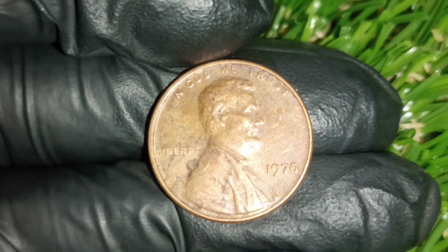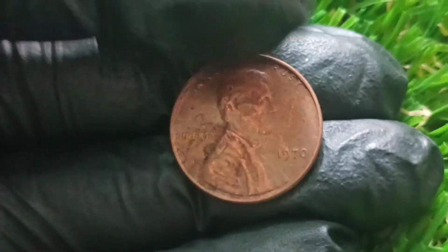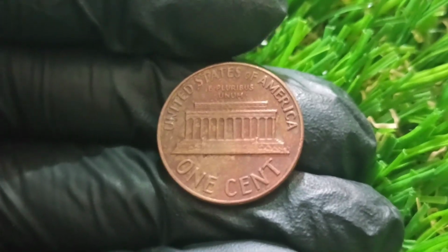And that coin is none other than the 1970 D Lincoln cent. A 1-cent piece whose story is unlike any other and whose errors and mistakes have turned it into one of the most valuable and mysterious modern U.S. coins ever discovered. And while the 1970 D penny was part of a year of massive production with hundreds of